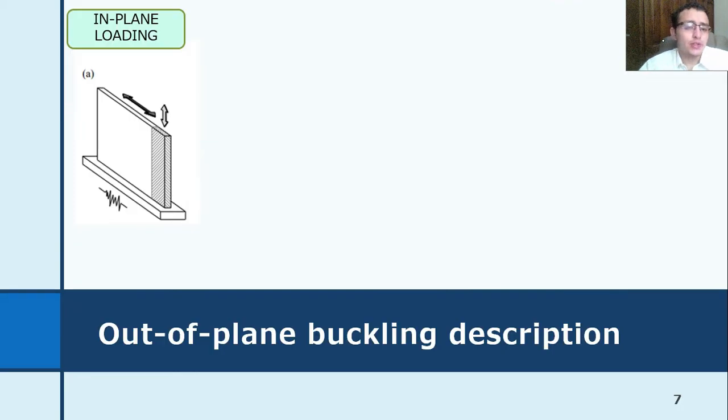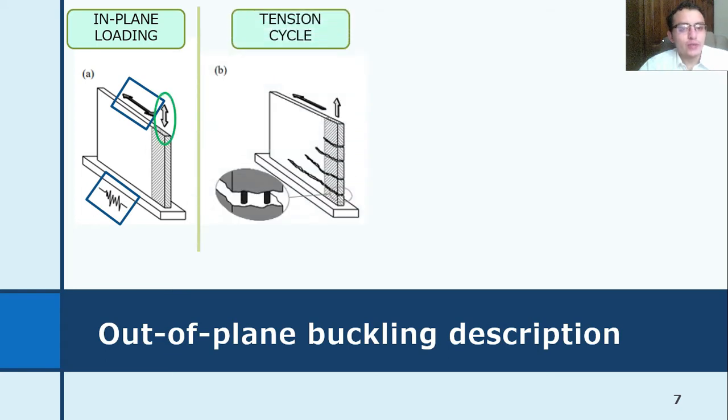Besides, it is also necessary to explain what exactly the out-of-plane buckling reported in concrete walls is. First of all, we need to know that it is a mode of failure which concerns only seismic regions, since it needs the occurrence of a lateral in-plane loading. So, upon the characteristic load reversals from a seismic event, the end regions experience tension-compression cycles, as shown in the figure. And during the tension cycle, wide cracks develop, and within these cracks, the longitudinal reinforcement is subjected to